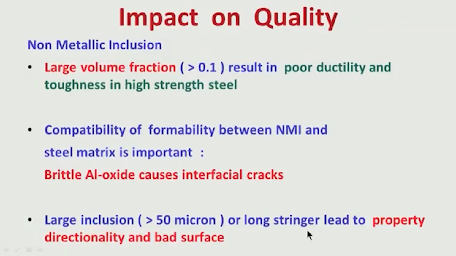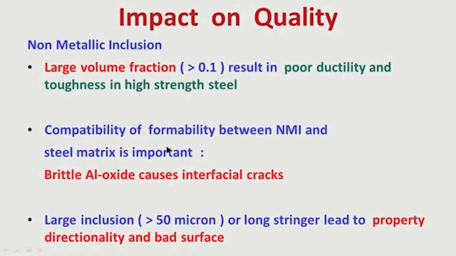So this is very important, and moreover these long inclusions or long stringers might result in surface defects on the final product. As I was telling you earlier, we might get some slivers, that means long inclusions on the surface. We might get some cracks because, as I have told you, this compatibility of the formability of inclusion and matrix is very important. Certain inclusions, like brittle aluminum oxide, if present in large amount, or titanium oxide, if present in large amount, are brittle, so they might generate cracks on the surface of the steel,